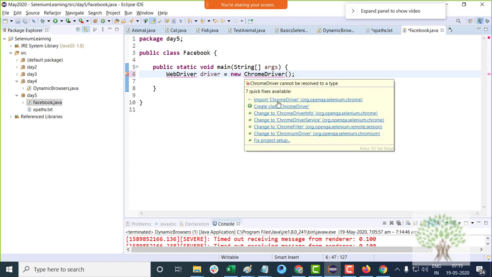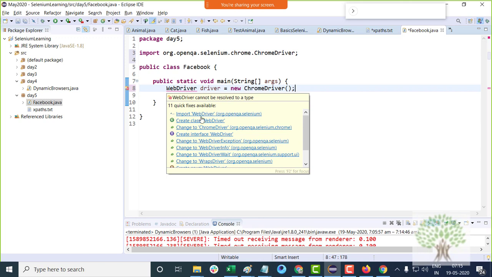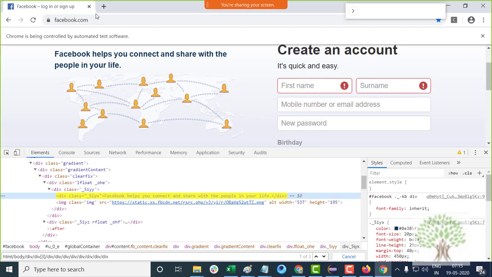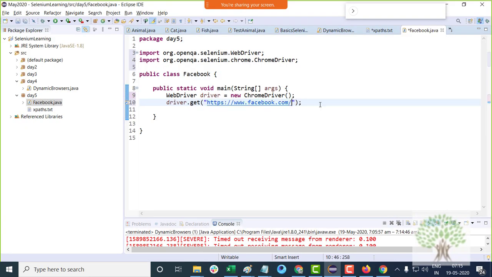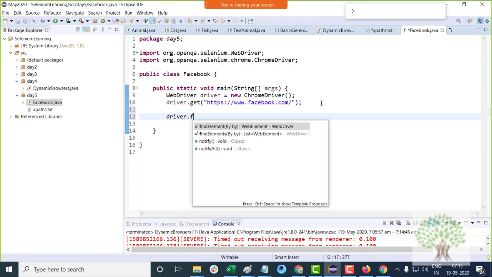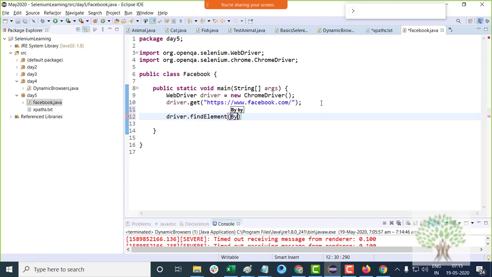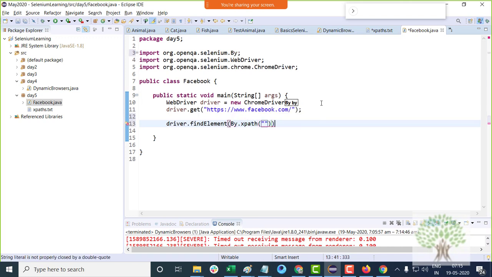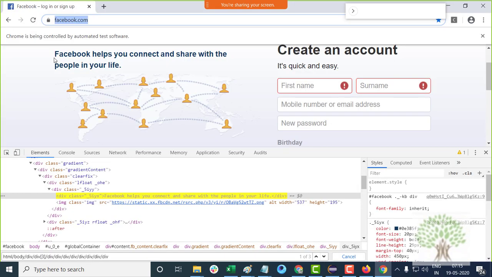Fine. And new Chrome driver, and you import everything. Okay, then driver.get, go to the URL facebook.com and driver.find element. By the, you will get the option XPath. Okay, and you can get the text out of this element.